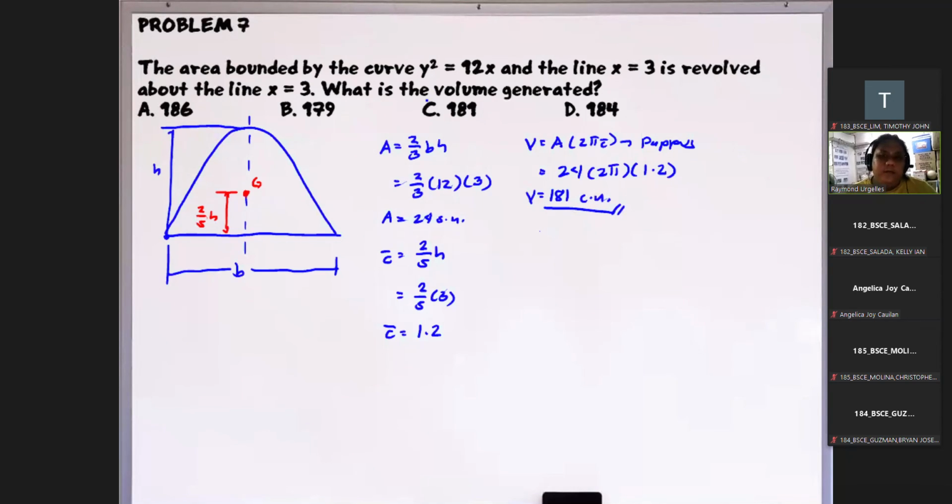Guys, as you can see, pareho lang yung lumalabas sa sagot. And sobrang simple lang ng solution, kasi alam natin yung mga direct formula. Okay? So kung hindi nyo alam yung direct formula, just derive. Kaya-kaya naman yung i-derive using integral calculus. So yung centroid, pag-aaralan pa natin after ng volume of revolution. Okay? So are there any questions para sa problem na to? Okay? So hanggang dito lang muna yung lecture natin.